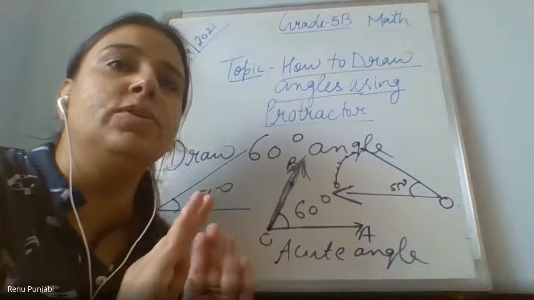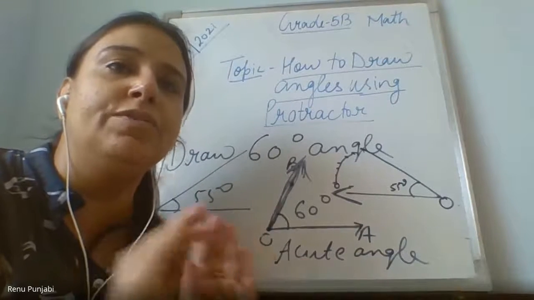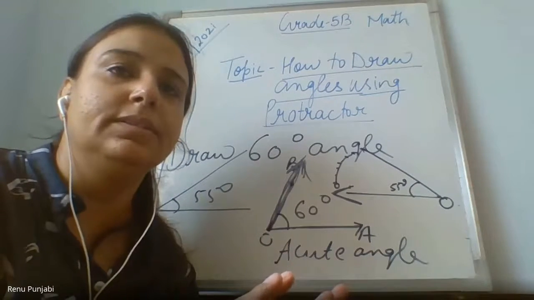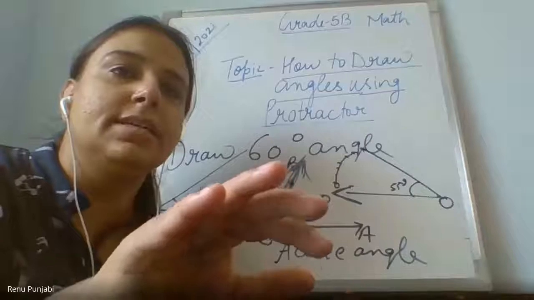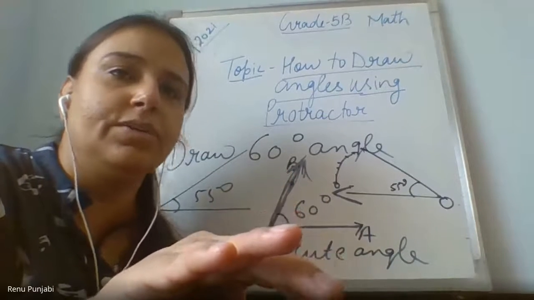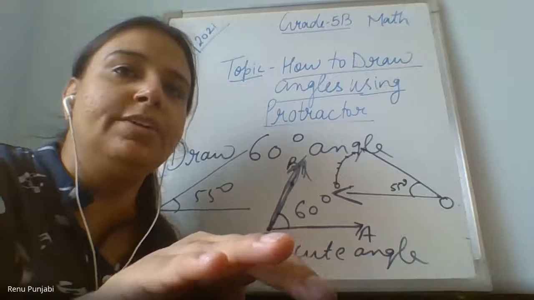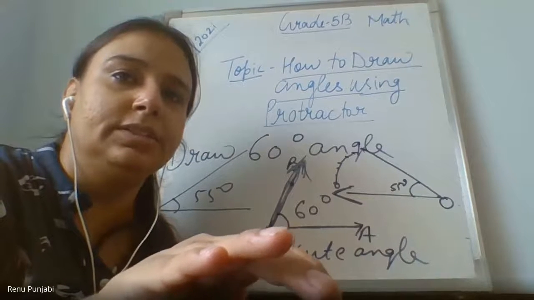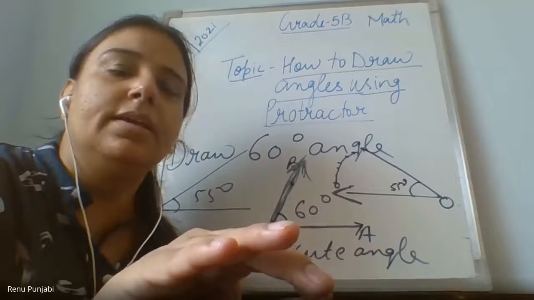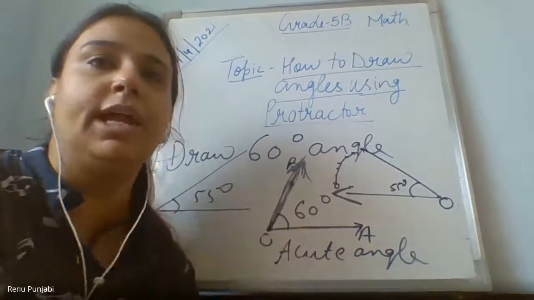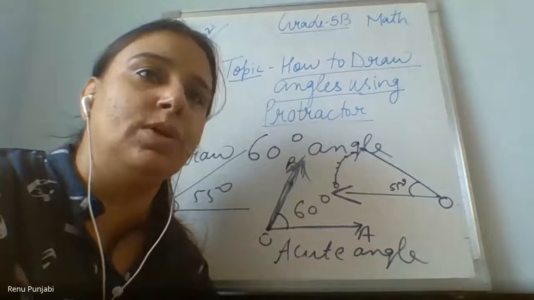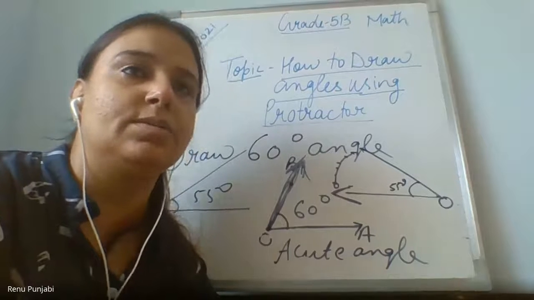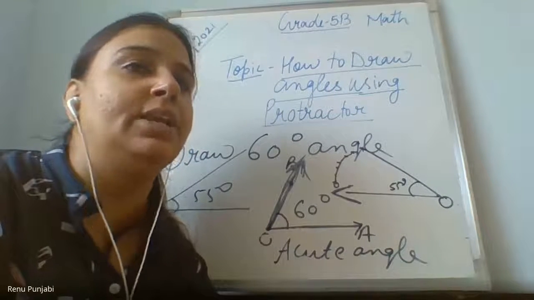Ma'am, where do we have to send the classwork? It is not visible, only the blank sheet is visible to me. Can you move it a little back? Yes, 142 degree. Okay. Have you measured it with the protractor properly? Where do we have to send the classwork? Where I will attach my worksheet. No, there you have to send me the classwork. And please make that. I request you.